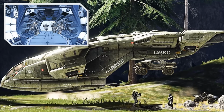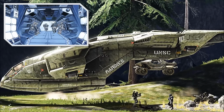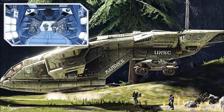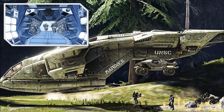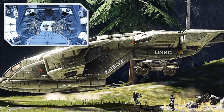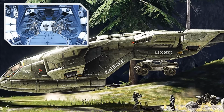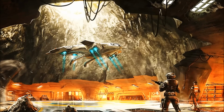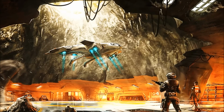The dropship's Anvil missile pods were also altered, bringing them into the structure of the Pelican's wings, rather than simply hanging them from wing-mounted hardpoints. This provided an advantage in aerodynamics during atmospheric flight, as well as affording the missile pods increased protection from enemy fire. The Pelican dropship has served as the primary troop transport and aerial assault craft of the United Nations Space